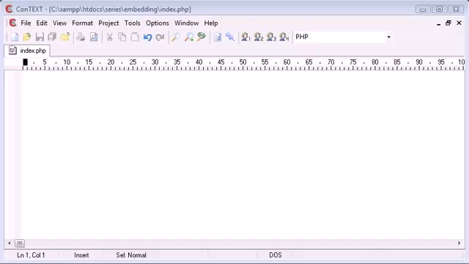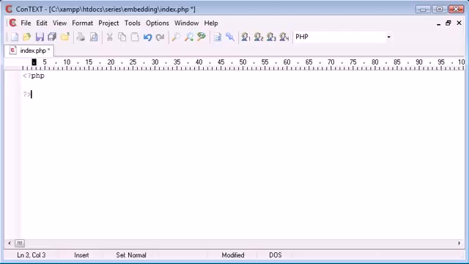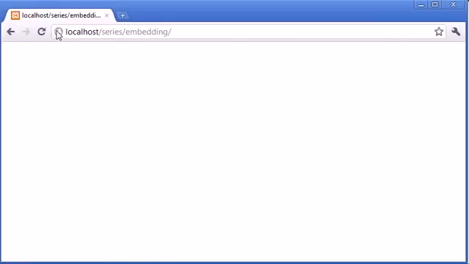Now, in this tutorial I'm going to be talking about embedding PHP inside HTML. You obviously probably all know what embedding is. It's just putting something within something, embedding it inside. So if I was to set up my PHP document, and let's just use the example of outputting hello world. Now, if we come into our browser and refresh this, we can see that we produced